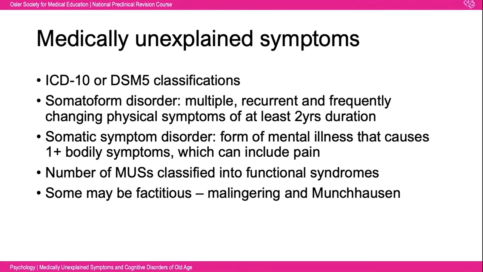However, some unexplained symptoms may be factitious, but this idea of malingering is very rare and may only be diagnosed with very strong evidence. In some instances, individuals will fake illness for personal, usually financial gain. Munchausen patients are distinct from these malingerers, as although they also present with factitious symptoms, they do so because of a psychological disorder.